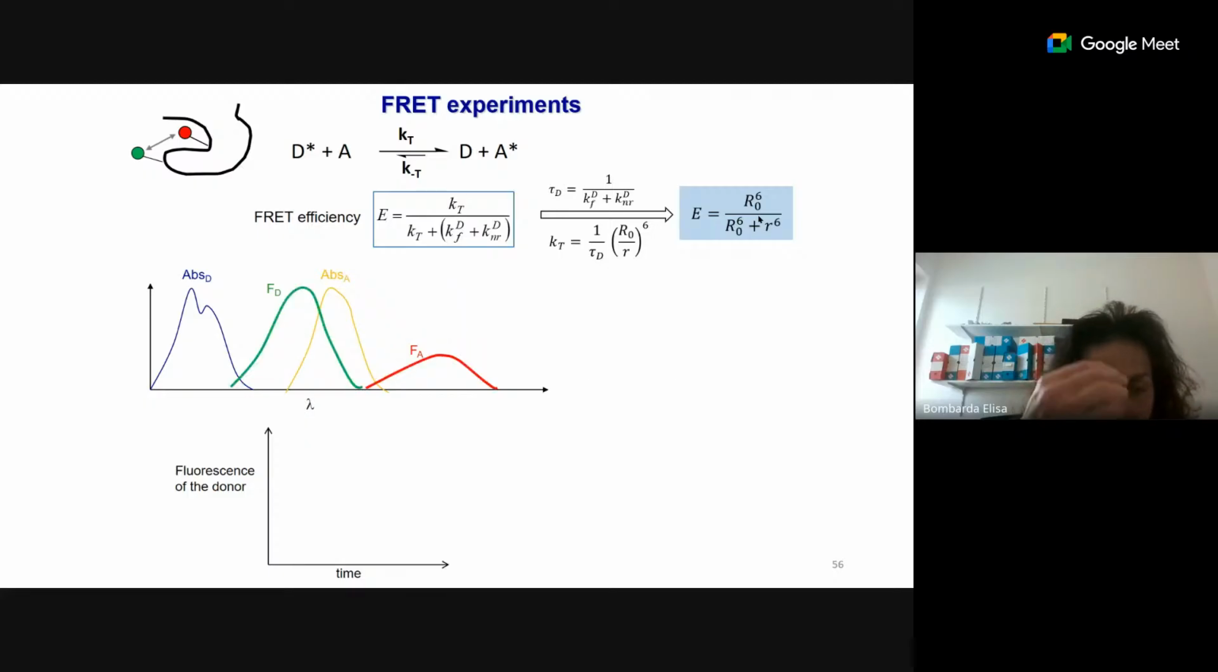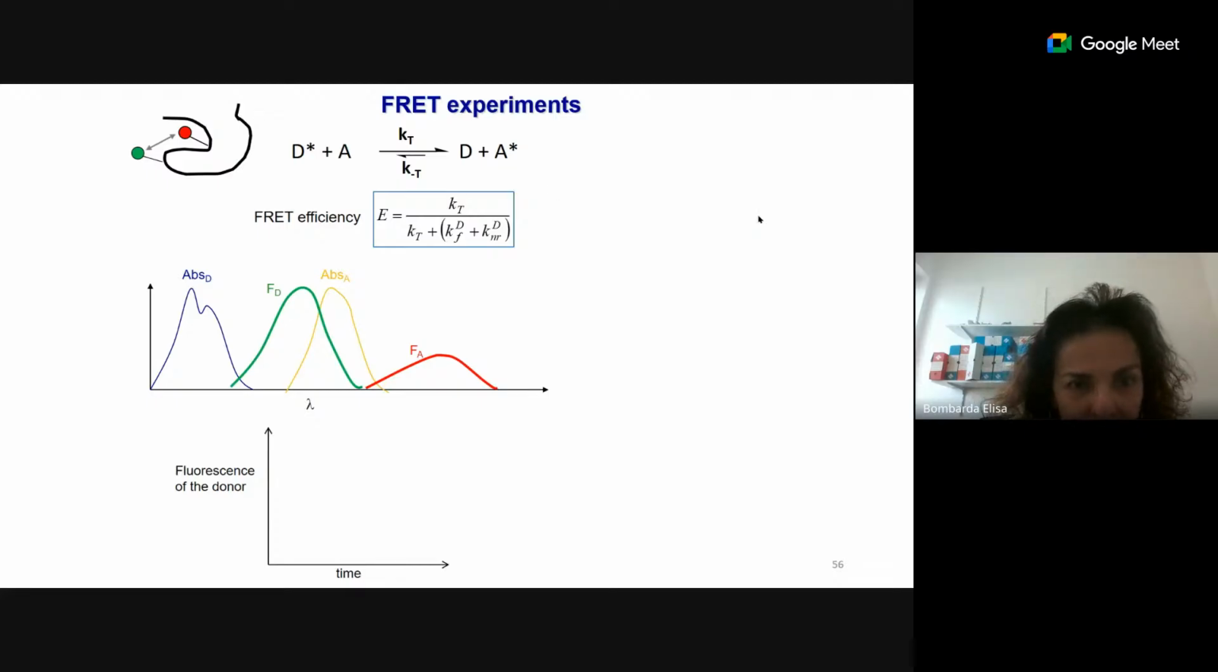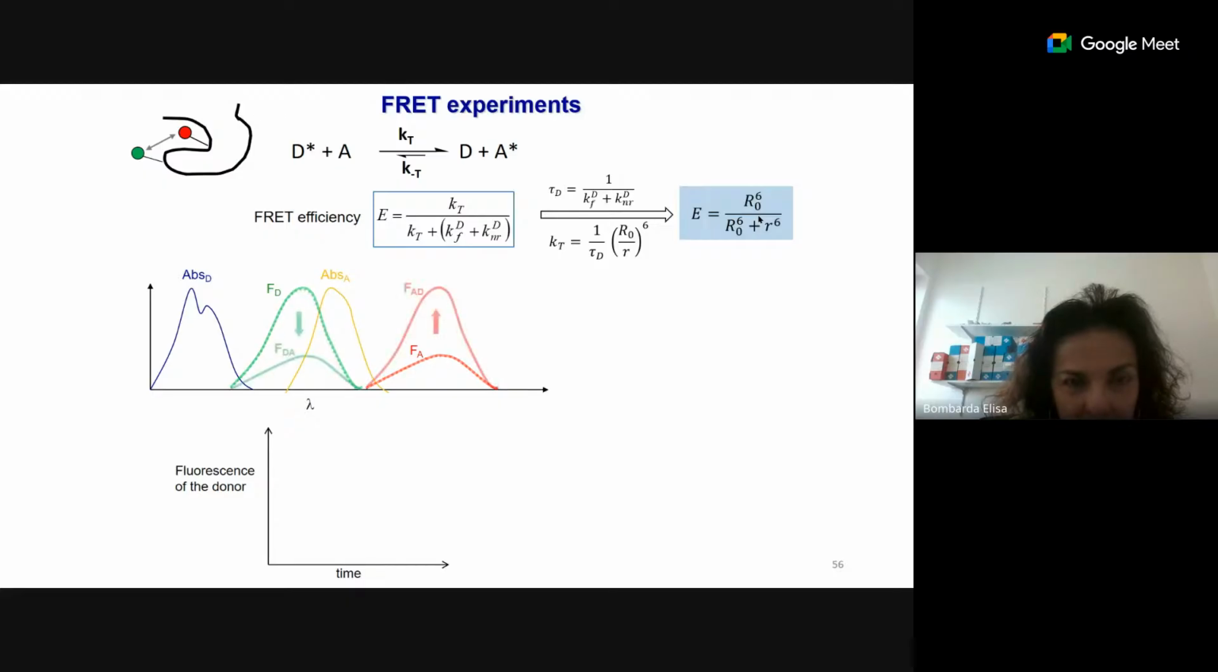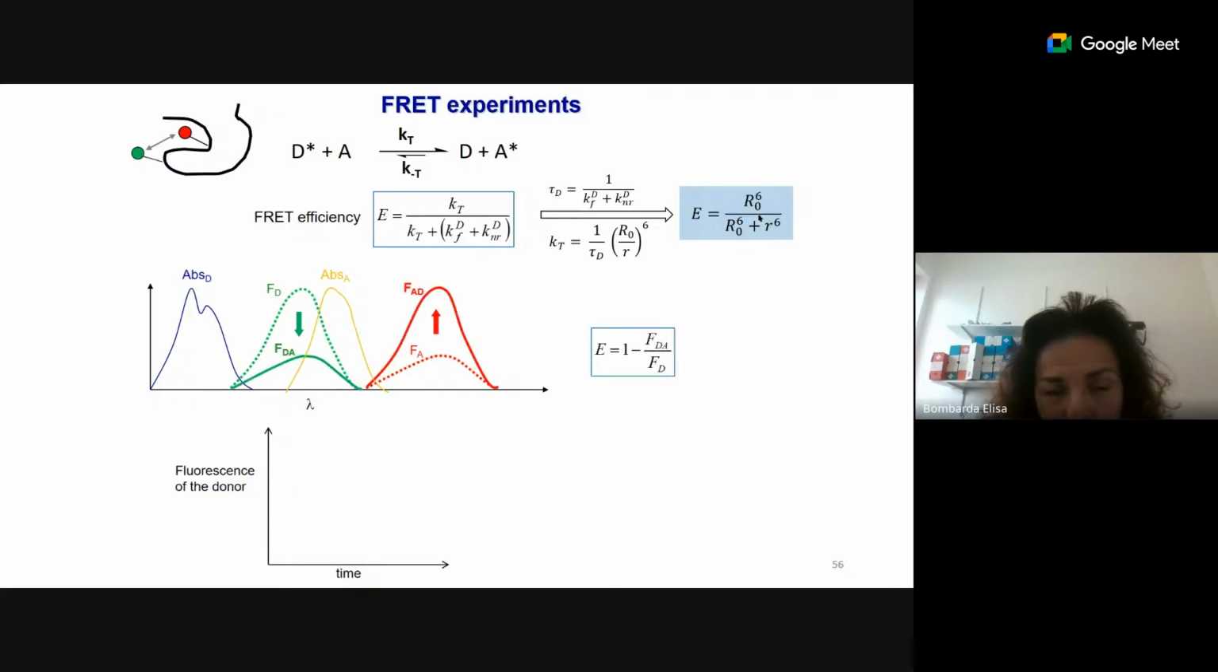These are the characteristics of the donor and the acceptor. When they are close enough, transfer occurs, and you see the fluorescence of the donor decrease and the fluorescence of the acceptor increase. And we can actually characterize the efficiency of the transfer